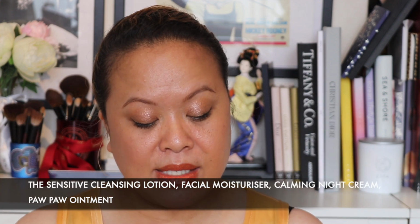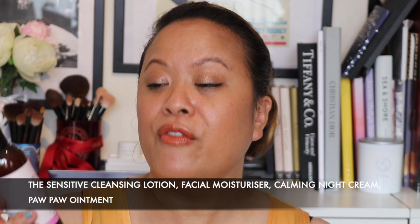When I was at Victoria Night Market, I also picked up some things from the Australian brand Sukin. Now, Sukin is available in the UK, but they don't have the full range here. So I picked up quite a few items. They were having a 30% discount. The pound to the Australian dollar was so strong that I really made quite a saving. I picked up the range from their Sensitive range. I got the Sensitive Cleansing Lotion, the Sensitive Facial Moisturiser, the Sensitive Calming Night Cream, and the Pawpaw Ointment from